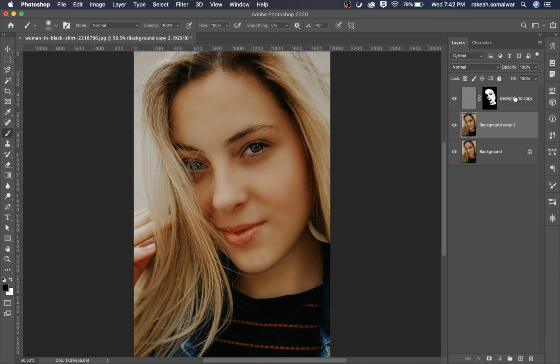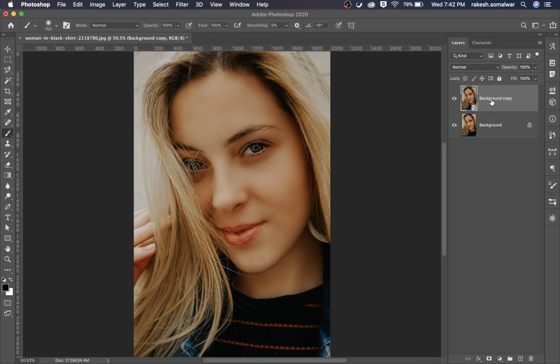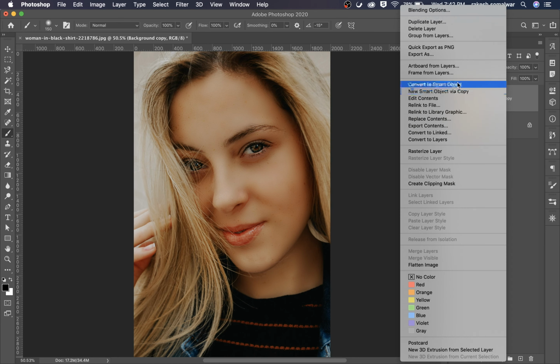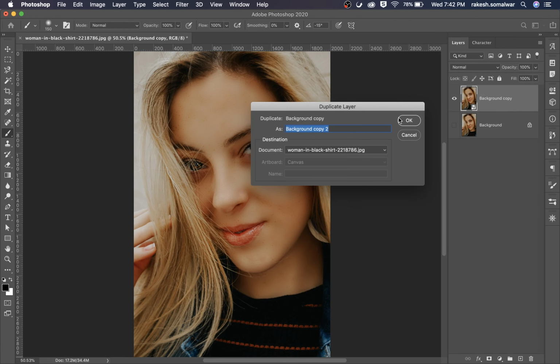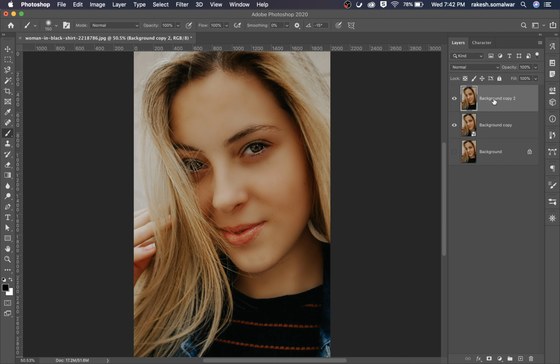Duplicate. I select both of them and convert to smart object and turn off the original one because we don't require that. Duplicate the smart object again and rasterize the upper layer to make your file a little lighter.